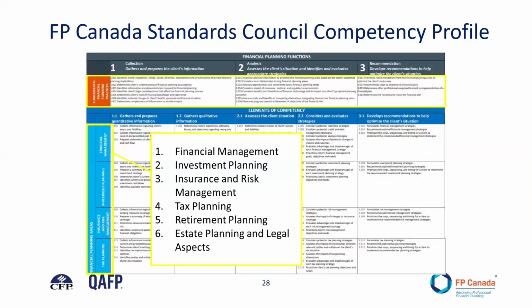Competencies are sorted into rows for the fundamental financial planning practices and the financial planning areas, and those headers appear on the left margin of the matrix across the 2 pages of the document. The competencies listed in fundamental financial planning practices are tasks that are common to all of the financial planning areas. These are the abilities that deal with pulling everything together from all the different areas to come up with a client-specific financial plan. The statements of competency are assigned to the most applicable financial planning area of the 6 areas listed here, but of course, many areas overlap, which is not surprising given the integrative nature of financial planning.